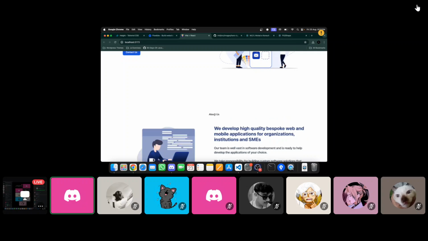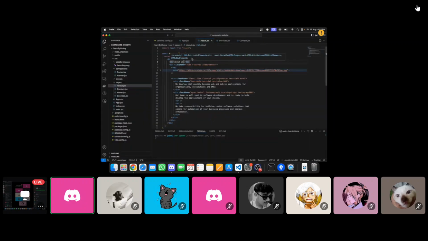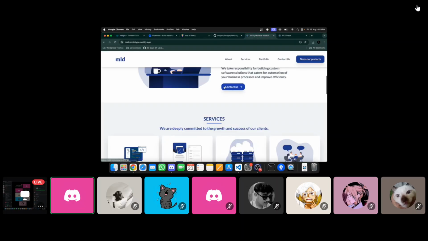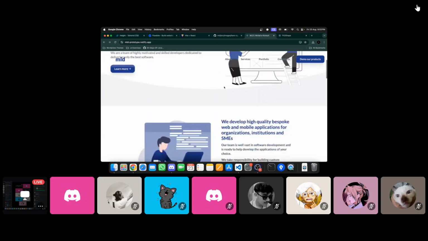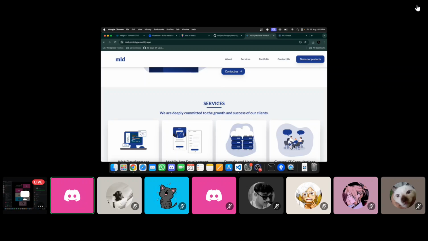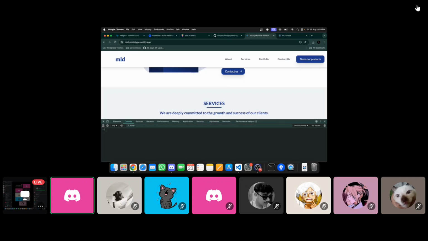But then this is so small and we need it to be bigger. What we can do is style it similar to this. Okay, we can use this style. Let's check what they have used here. Maybe this one.